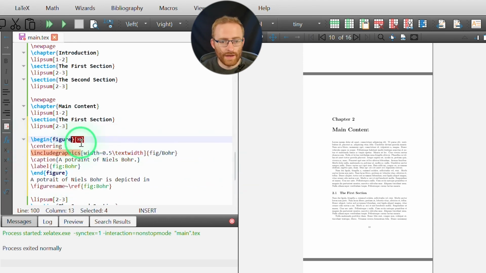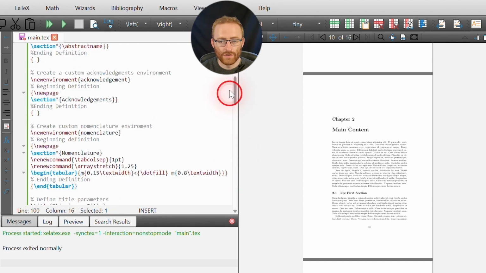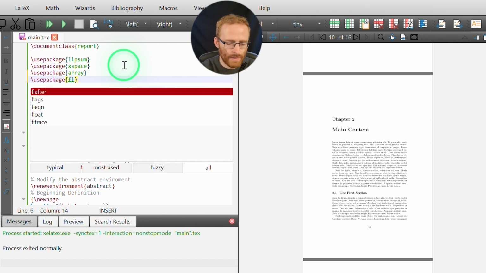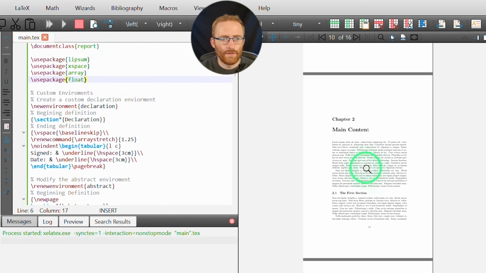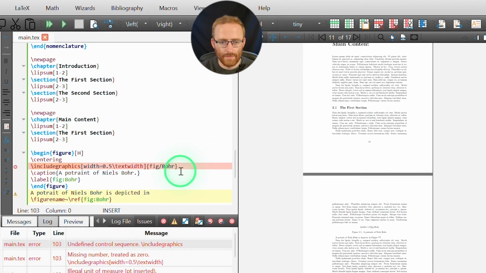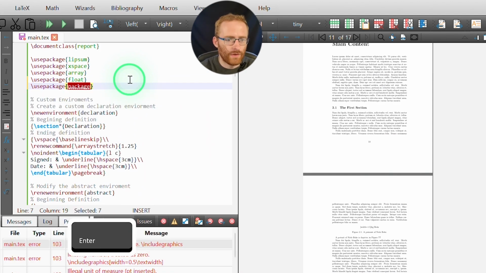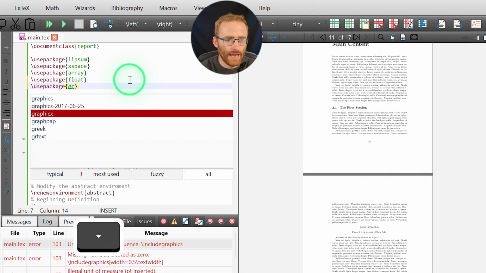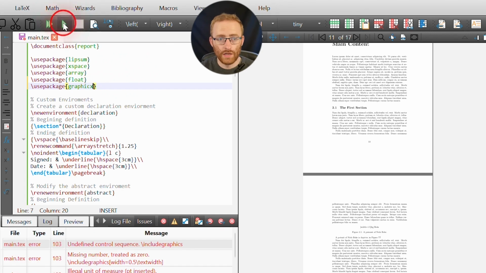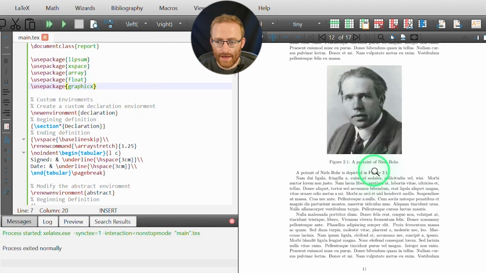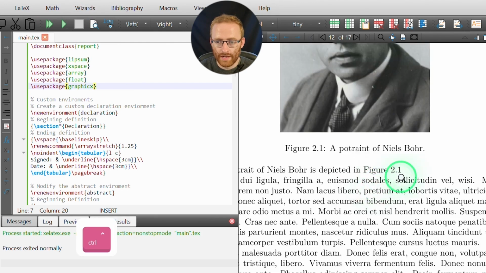I am also going to have to add the package float for the capital H position specification. So I'll do that up in our preamble by using the use package float command. And if I rebuild this, we should now get an image. Oh, I forgot to add the graphicx package is what has happened. So I must also add the package graphicx so that we can use the include graphics command. Okay, so when we build that the second time, we now have our image, and it is also correctly referenced